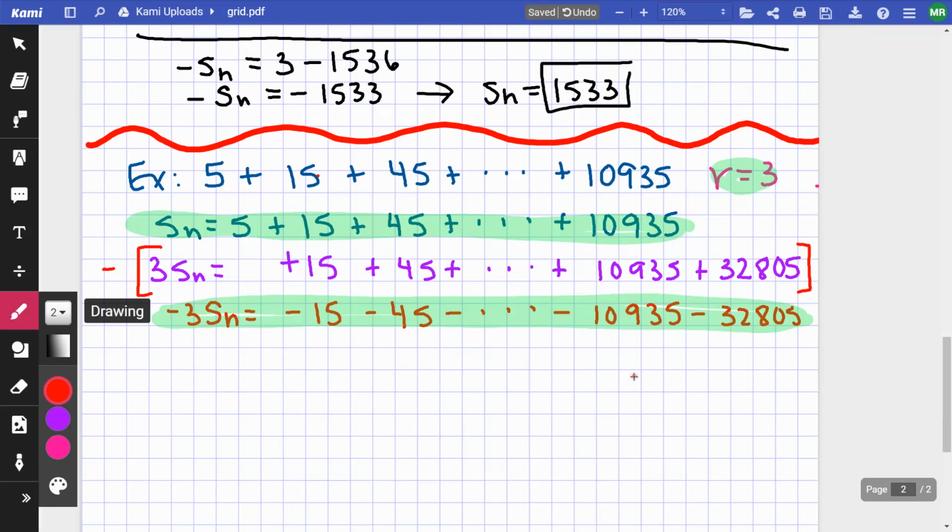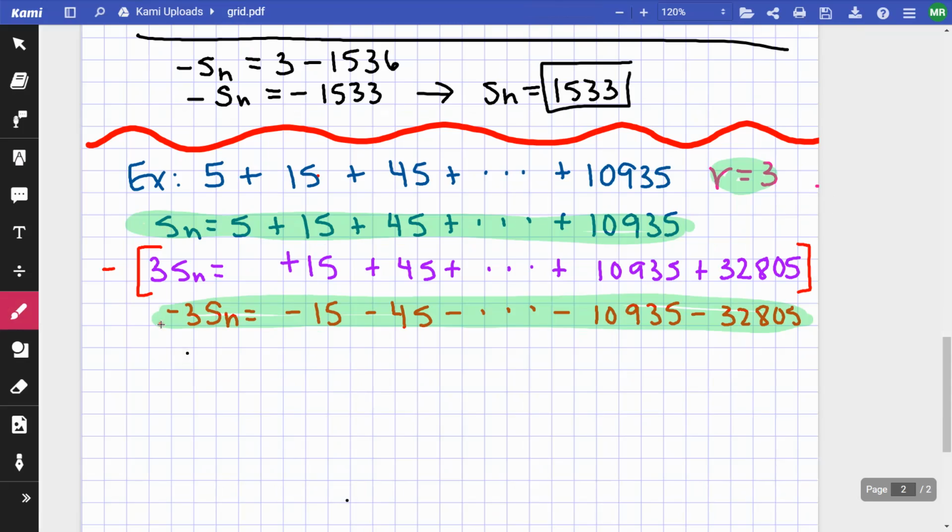So when I do that, and I take S sub n minus 3 S sub n, I get a -2 S sub n. And here the 5 has nothing here to cancel with, so I'm going to be having the 5. My 15 and -15 cancel, my 45 and -45 cancel. Every one of these terms continues to cancel. This one cancels with this. And then I'm going to be left with what my last term multiplied by the r was, which is minus